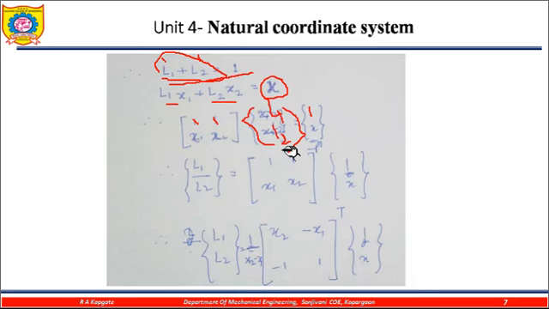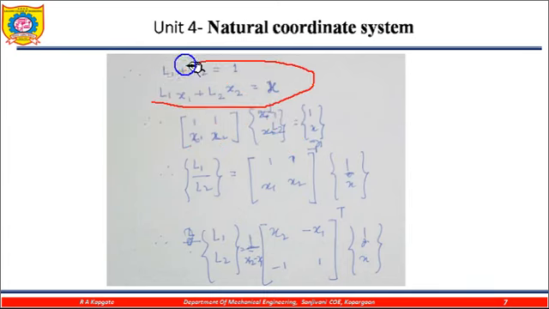Okay, so that row multiplied by column, I am getting only one term, and that is equal to L1 plus L2 is equal to 1, and here that is x1 x2. So these are the remaining terms. This one is the x1 remaining term and this is the x2 term. So this conversion into matrix form plays a very important role. You need to focus on this one. Conversion of this coordinate system into matrix form plays a very vital role, and you focus on how it will be prepared.